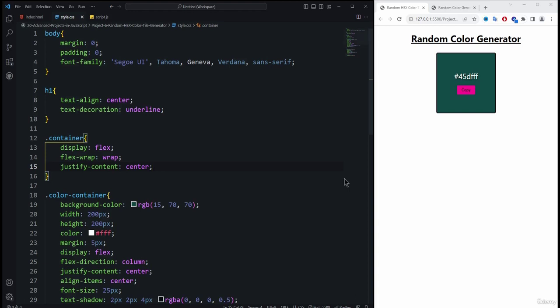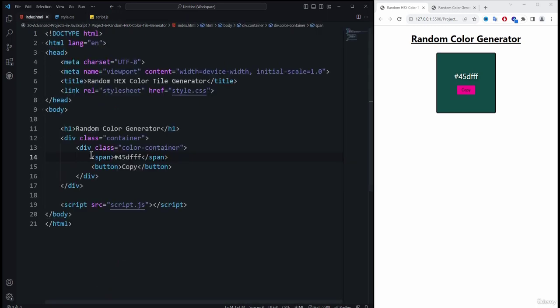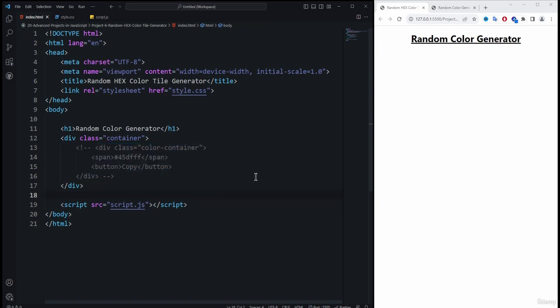Now it's time to start with the JavaScript part for the project. For that we need to use the script.js file, but before that we need to comment out this particular color container code. If I comment it out and save it, then you can see nothing will be visible on the screen except this particular h1 element,